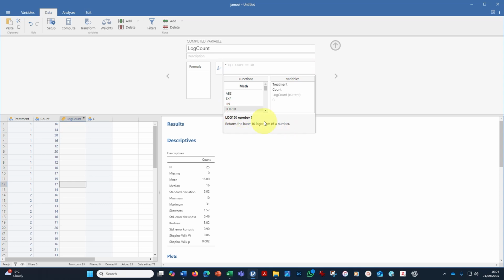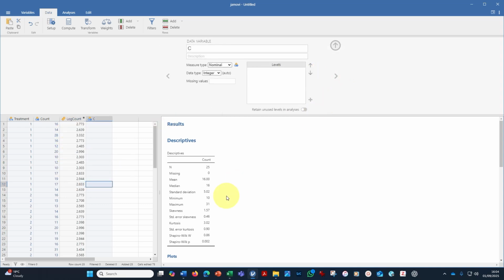We've got a log to base 10, which you often see as well, but we're going to go for this logarithm of number. We'd have to double click on this side first to bring in the ln and the brackets, and then there's a cursor within the brackets, so we're going to do the natural log of count. So we're going to double click count, and then we're going to press this button here, and it will populate this column over here. Boom, there we go. So we've got a range of numbers that have derived from our original data that we can possibly use in further analysis. So let's get rid of that by pressing this up arrow